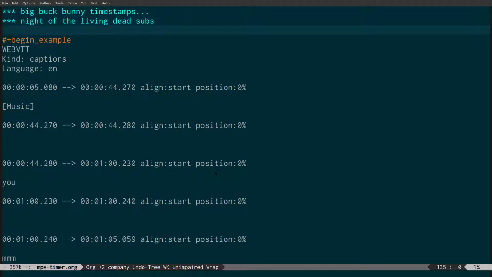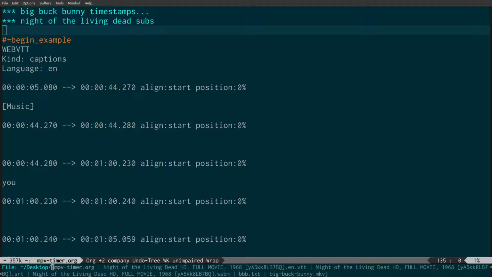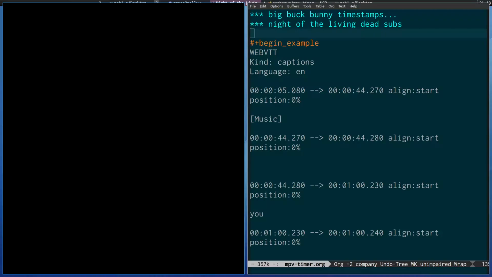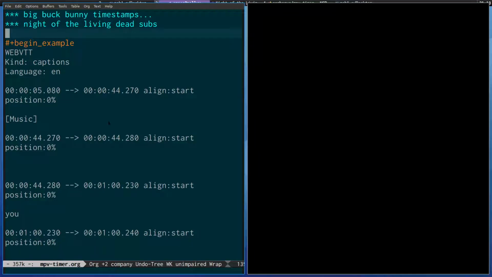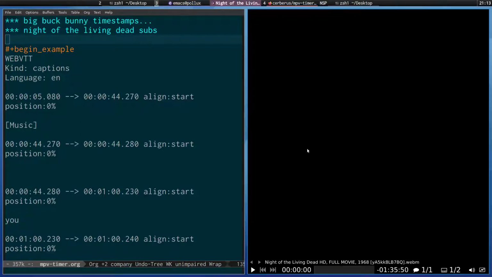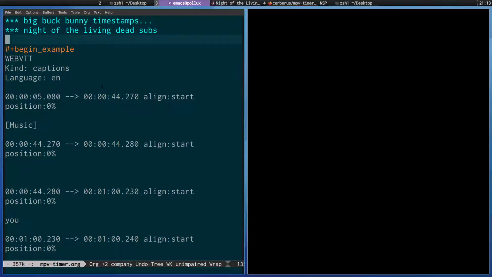mpv. So what I'm going to do now is run M-x mpv-play, and then open Night of the Living Dead, and I'm just going to pause it and see if I can get this to go side by side. Okay, so what I've got here is Night of the Living Dead open, and I have a mode set up so that when I press F2